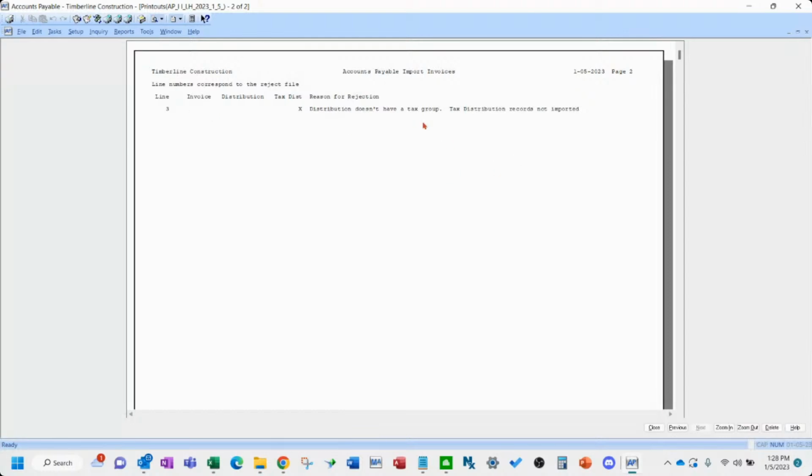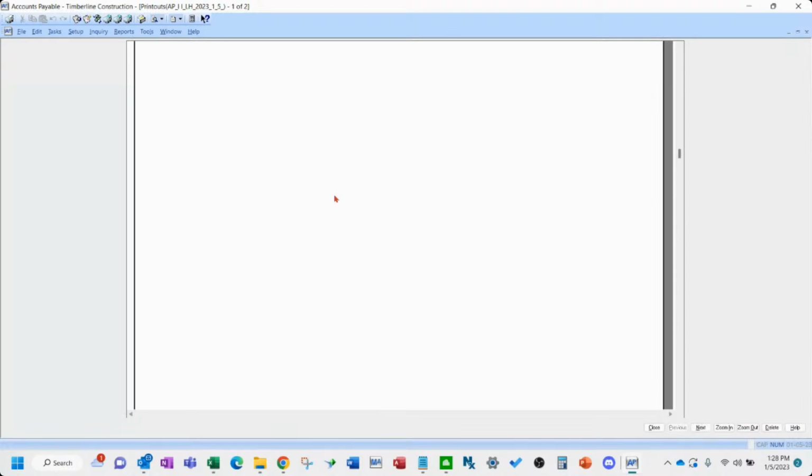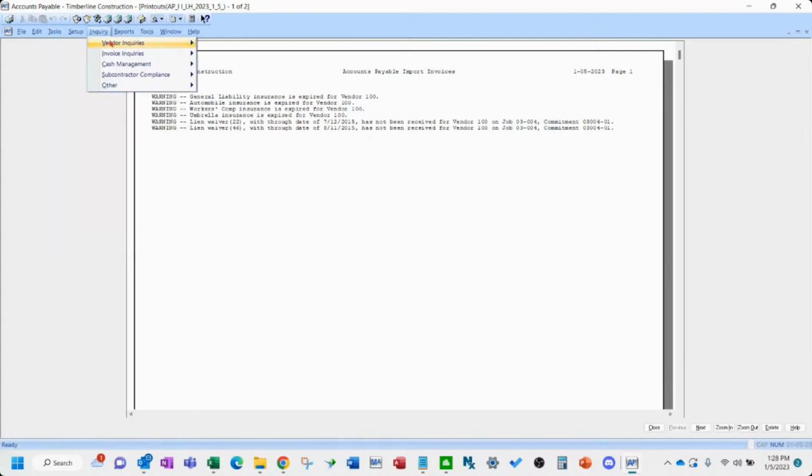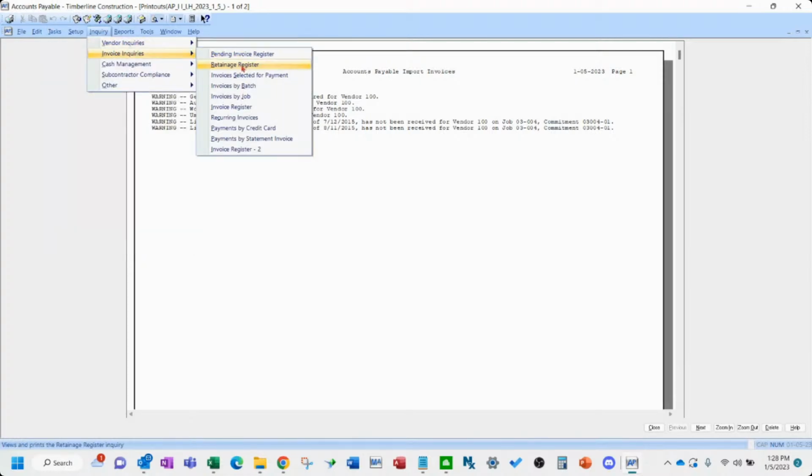But reach out to us if you have trouble getting this in. Once that goes in, you'll post the batch like normal, and you'll see it in your invoice registers just like you would have entered it in.